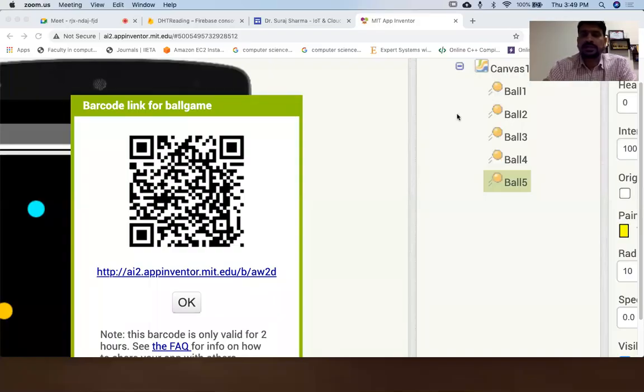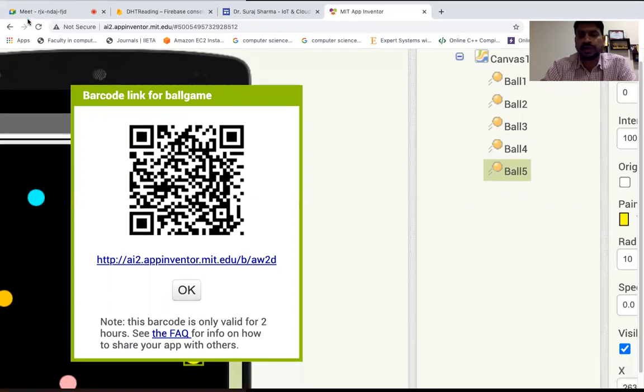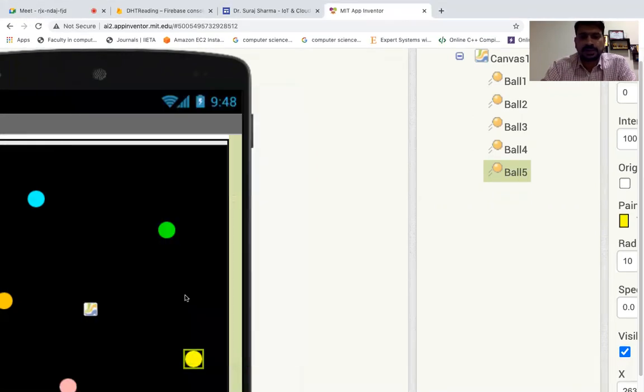And tomorrow, first we'll create the application to see the sensor data live from the cloud, and then we'll see how we can do the controlling of the component. Okay.